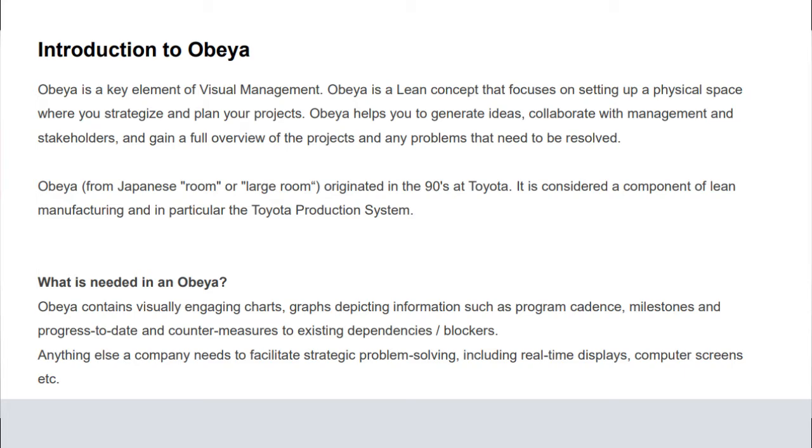Like I said, it is a physical space where we try to strategize and plan our project, or plan our OKRs and KPIs for all the different squads. We generate ideas, we can do the design sprint there, we can have collaborative meetings there. That is the space which we use. I'll show you how we can set that up, and how it is going to solve these things.